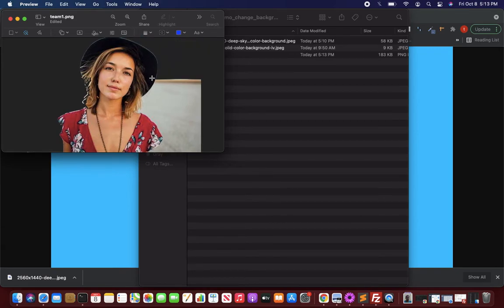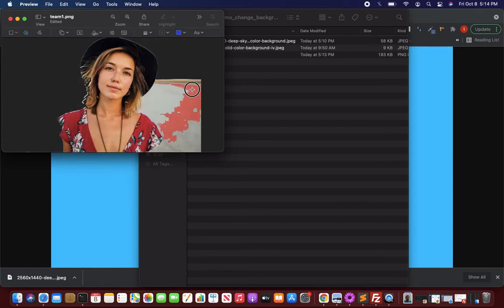Just press delete. Now slowly drag on the other side. See, this is crossing the boundaries; the picture is also being selected. Don't do that.